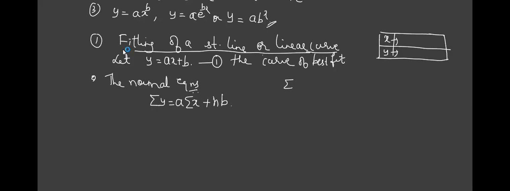For this equation, first you take it as a standard format. You put a summation for everything. Now here there is a constant, and for that constant you attach an n. n is nothing but the number of values they have given. And one more thing I forgot to tell. Here we have to find a curve of best fit, means whether we have to find x and y or a and b.